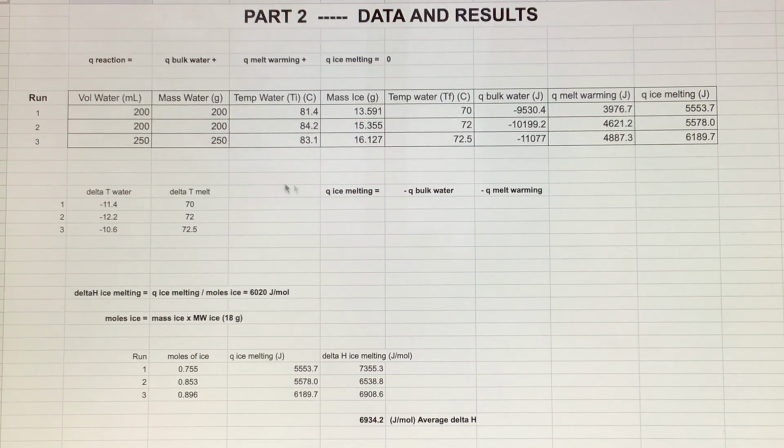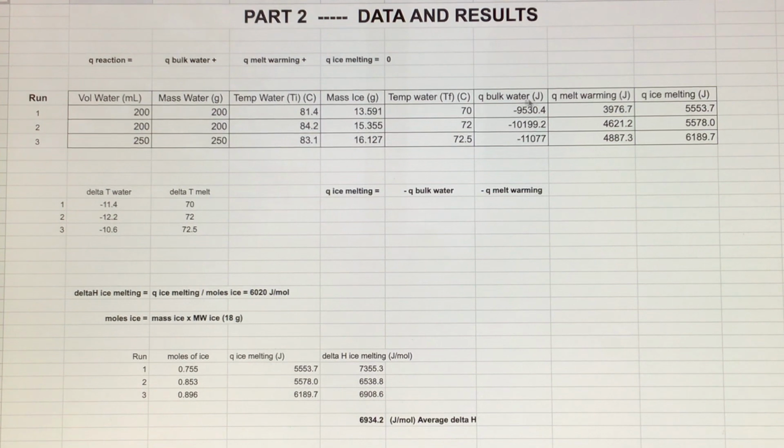So the Cp is equal for the water, for the melt, and for the ice, because as I said, they're still all the same thing. They're all water, H2O. So the Cp is 4.18 joules per gram. So here we have our values, and